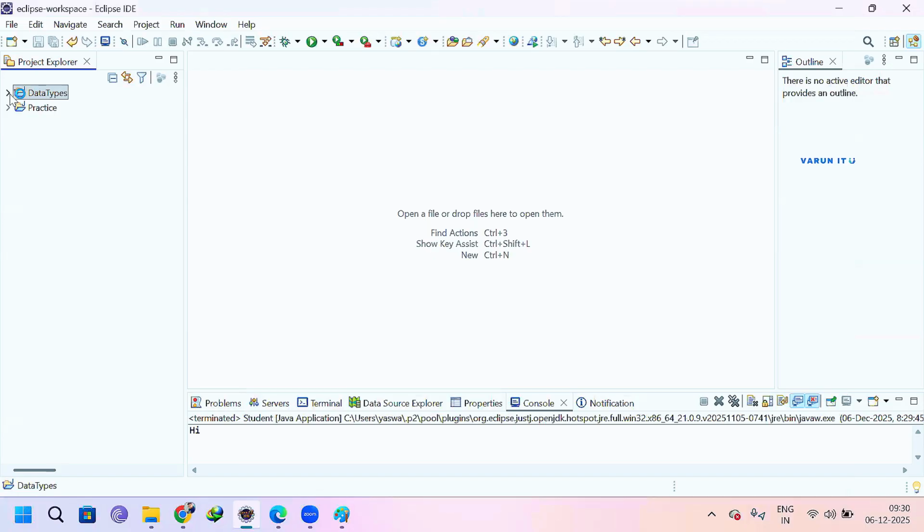Now click on this. Now under the data types, how many folders do we have? One folder, the source folder, right? Under this we have one .java file. Now, what is this? See, this one is the library file. I told you, will a Java program execute without JDK or with JDK? With JDK. So that is the reason